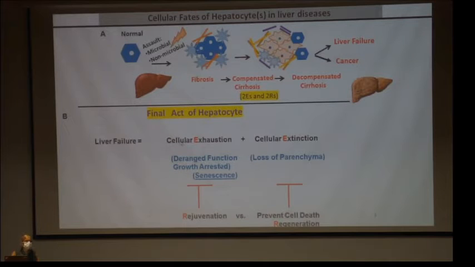So what kind of state these hepatocytes exist in is one of the major questions. If you can somehow make them revive or rejuvenate, that will be a good way to do it. Either you do it directly, intrinsically, or you pump in some cellular therapies. The other is cellular extinction, which is the loss of parenchyma. That means there is a lot of cell death going on, and you have a very cheap test of ALT, AST, but is that sensitive enough, and can you really say that it is hepatocyte specific? So what you are left with are the 2 R's: rejuvenate these hepatocytes or regenerate them.